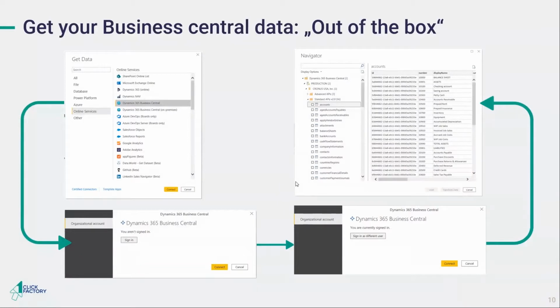the environments. And just right out of the box, you can get access to standard APIs of Business Central, standard APIs v2, and I think I would say it's the preferred method. Of course, you will also see all the web services that are exposed from your environment also out of the